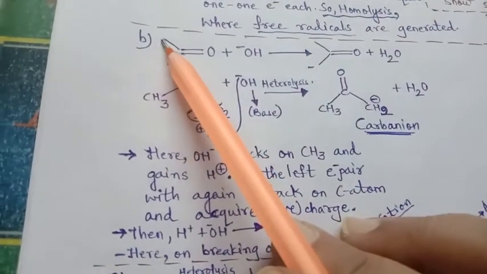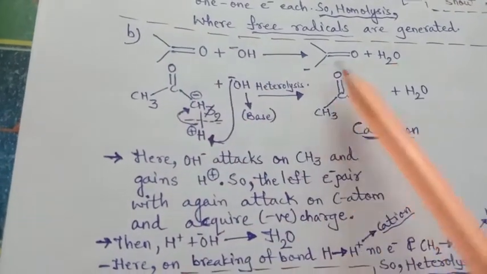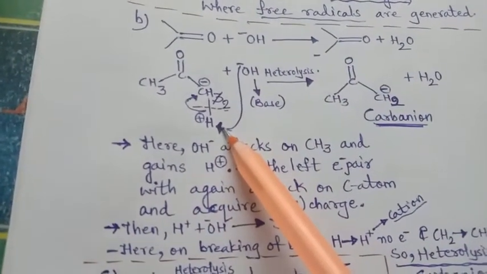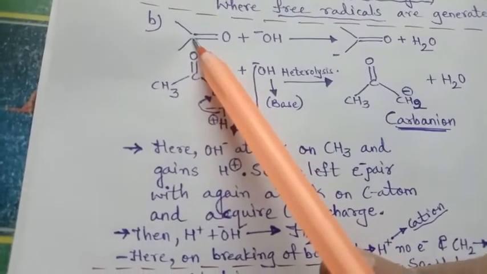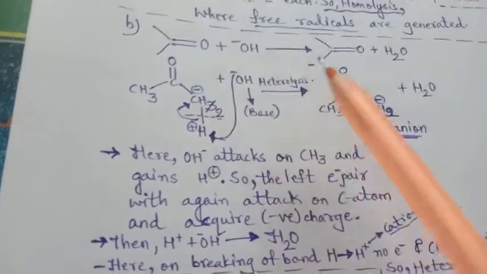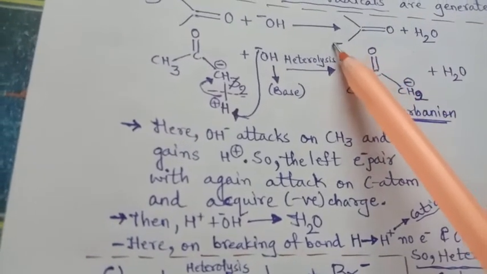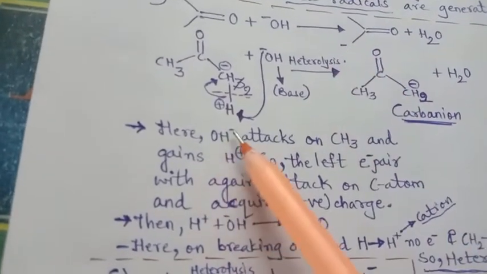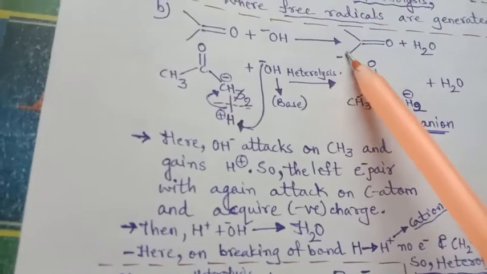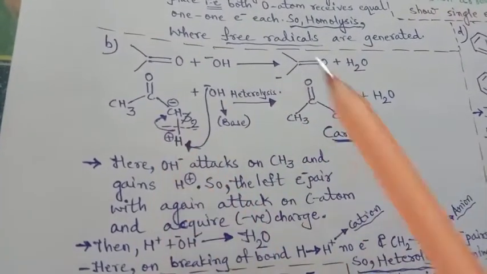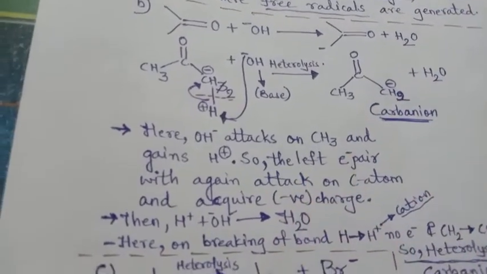Here it is given as a bond line structure. So here it is CH3, right? This is given as a bond line, which I have drawn here in a condensed formula. So let us see here the terminal. CH3, C double bond O, plus OH minus gives CH3 double bond O. Here C, one negative charge is there, right? And how this has taken place, that we are supposed to see now. And what is separated here? H2. Clear? So what takes place here?